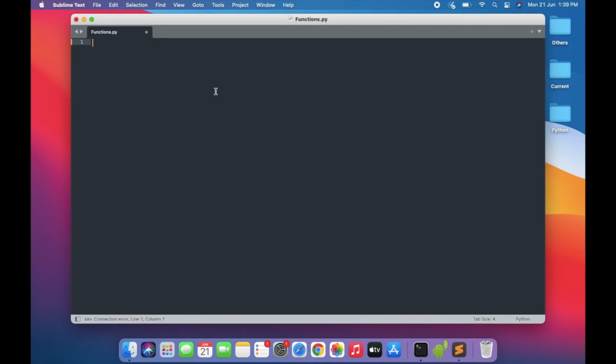Now let's say you don't know what the order of the arguments are. As in, let's say we create a function something like this. Employee data is our function's name. Let's take 3 parameters. In this function we're just going to take the name of an employee, the employee ID, and his designation as an input. Let's say we print